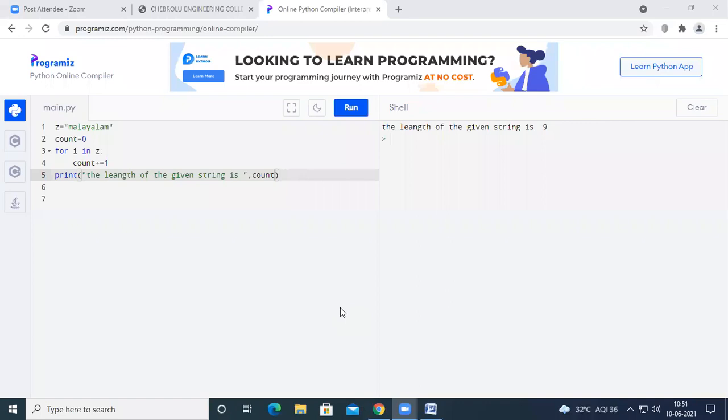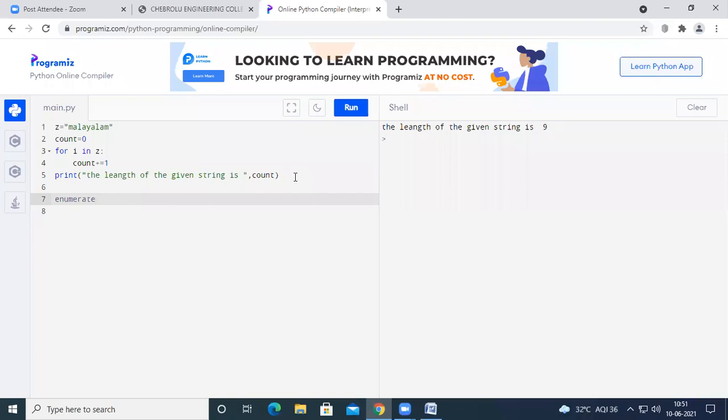Okay, and let us look at the other common function in Python. The name of the function is enumerate. See here, enumerate. This enumerate function returns an enumerate object.